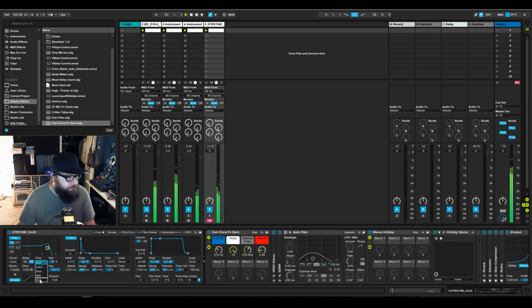Ableton's. It's like adding kind of tape emulation, saturation envelope. That's inside. Let's make it tape saturation.